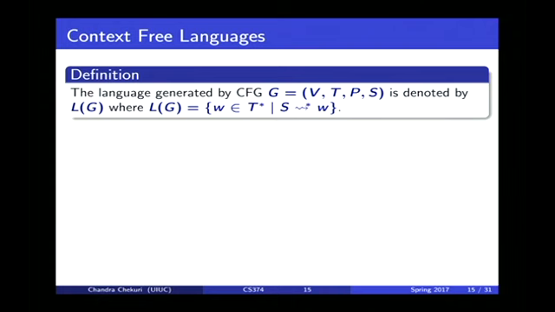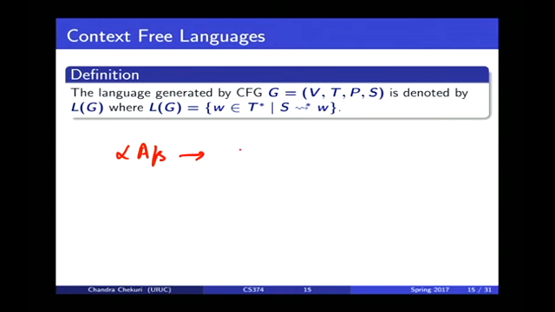So why is it called context free? Because the rules are all of the form A goes to some string, where A is a non-terminal. You can apply that rule anytime you want. There is no constraint on applying it. But what is context sensitive? There is a class of languages called context sensitive, and that's why these are called context free. A context sensitive language has rules of the following form, which are more general: alpha A beta